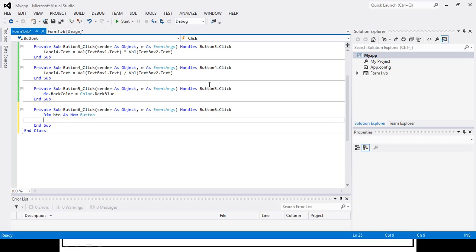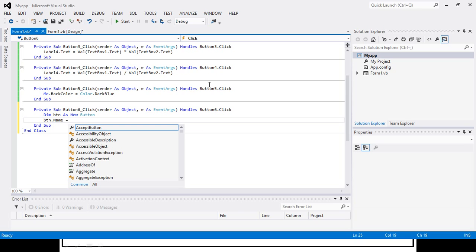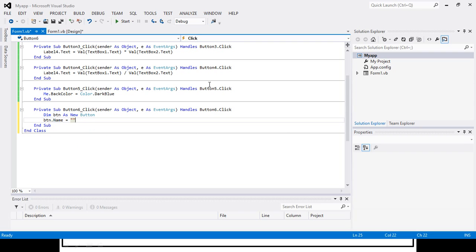Now we will use that particular object btn to set the various properties of the button. The most important property is btn.Name. So this is the property of the button, that is the name. I will give the name of it as btn.